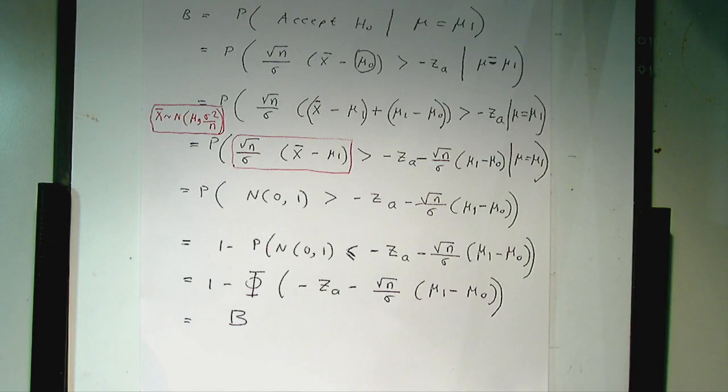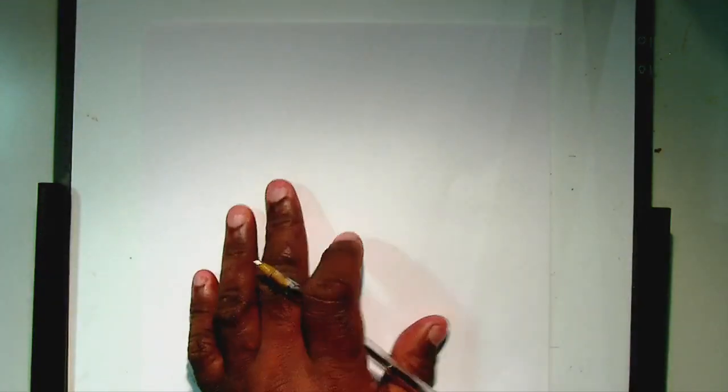Now the question is, what is the value for n? N is the sample size. So what we need to do now is to solve this equation here for n, right? So that's what I'm going to do now. Put this over here. Put this over here. I'm going to solve this equation here for n. So that becomes